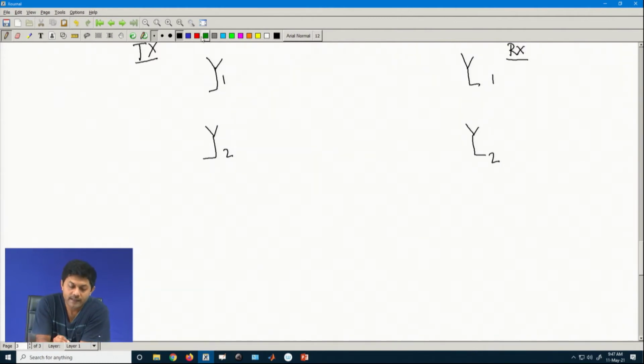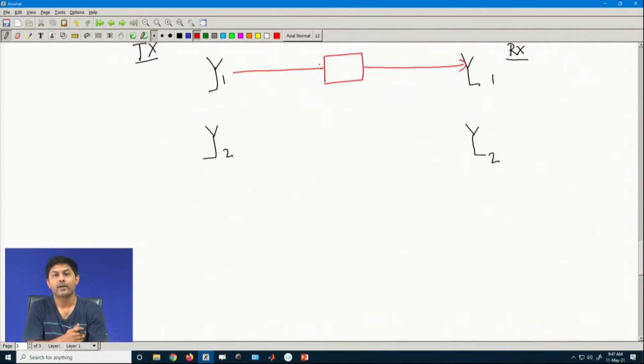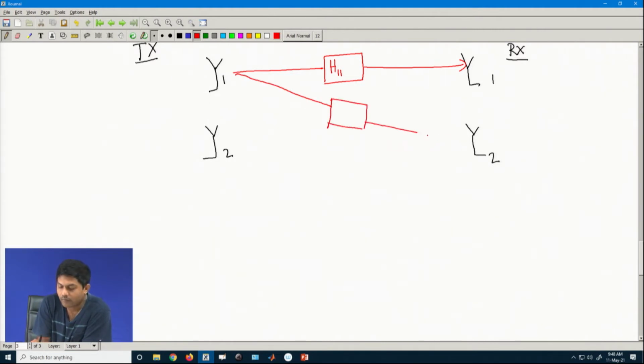So, that means when I say I am taking a MIMO, I am taking each and every individual link, antenna to antenna link, all in the digital domain, as a FIR filter. So, this will be my FIR filter, I call it H11. It is an FIR filter, which means that it will have L number of taps or whatever. Similarly, I will have this, maybe I call it H12.